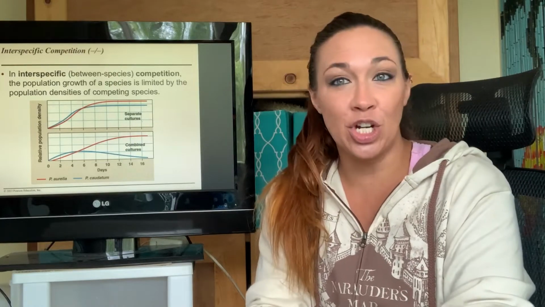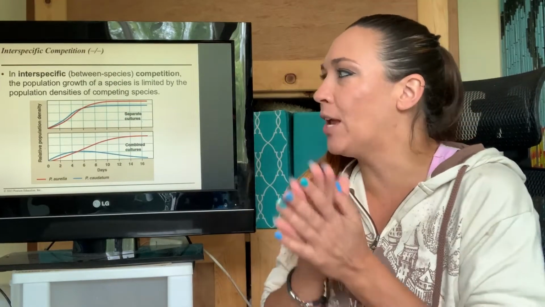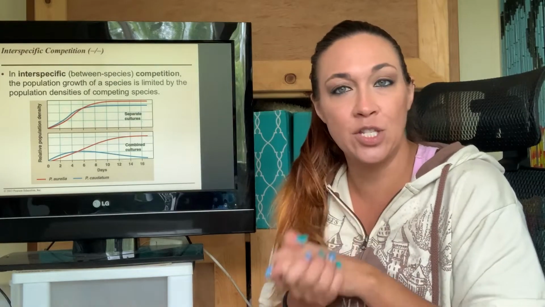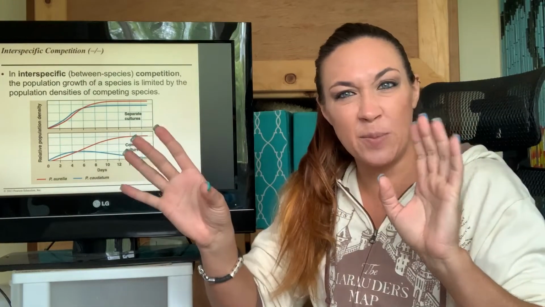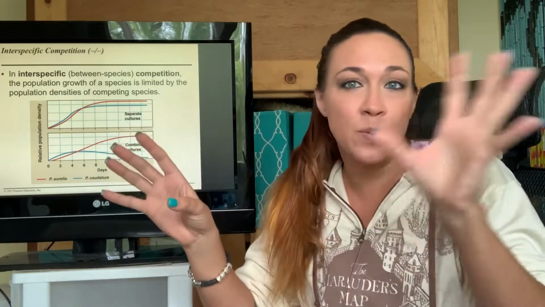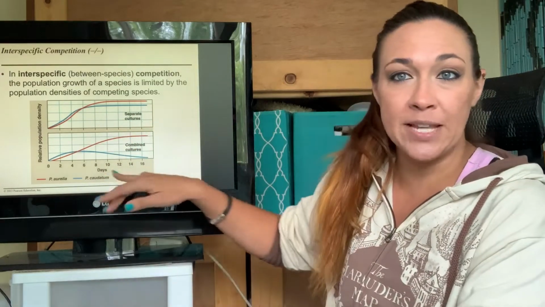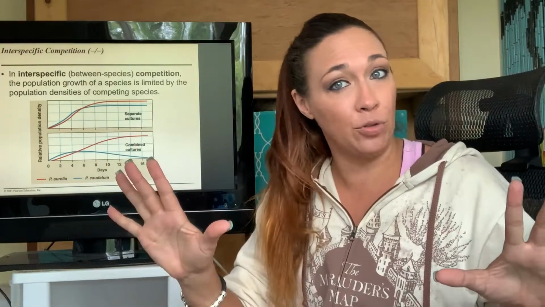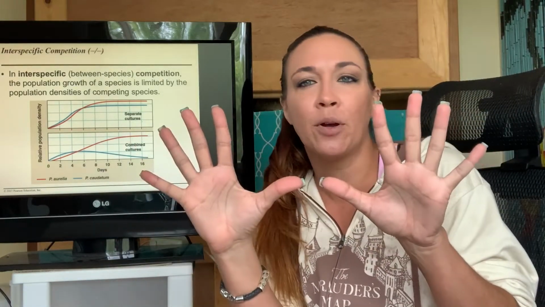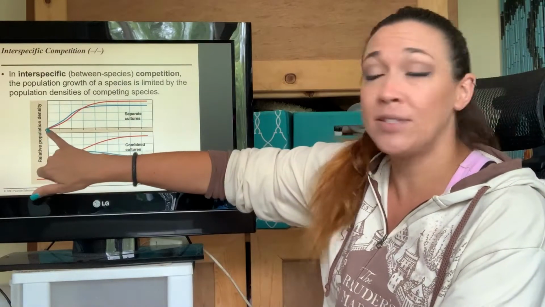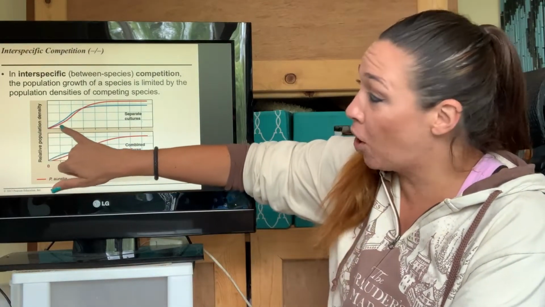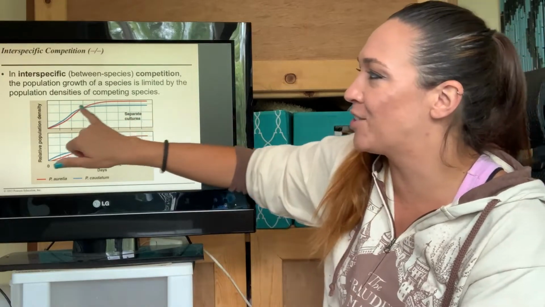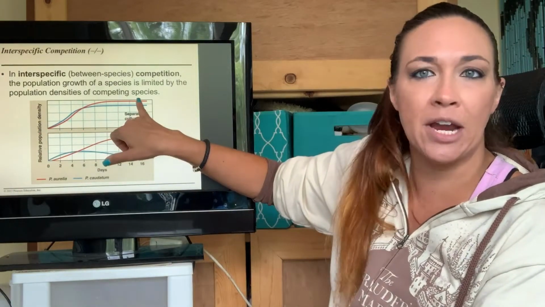Now let's talk about interspecific competition for a second. Interspecific is between different species. So you have species A, species B. If we look at them separately, in the first graph, red and blue, we grew in separate cultures, say they're bacteria. They both start out slow, right? This nice exponential growth until a point, and then logistic growth, that S curve that we see, where they reach a carrying capacity.